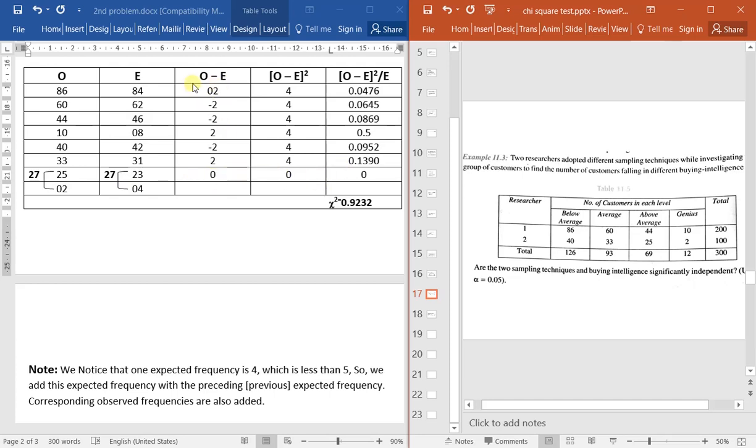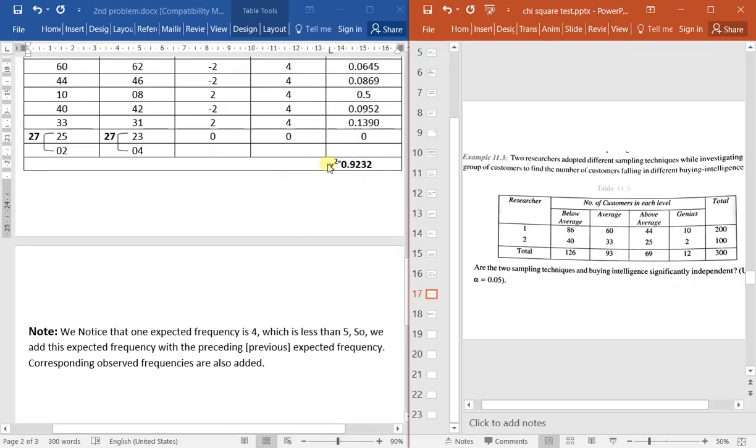For the further calculation, we know that observed and expected values have to be subtracted and then squared, right? After squaring, these values have to be divided by the expected values to make this column. So this column is prepared here, and you have this calculated value of chi-square, which you are going to use for the purpose of testing. So we'll take this value for the further steps of the calculation.